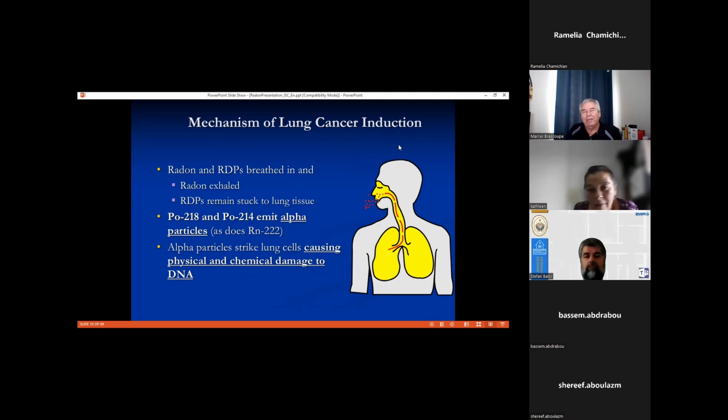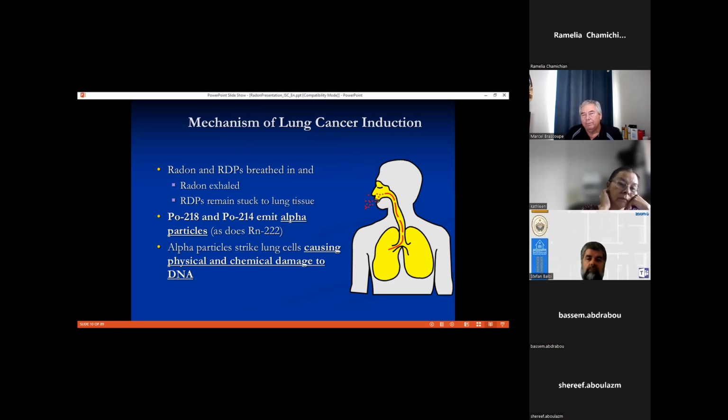So to simplify things here, essentially one of those alpha particles is in our lungs. We mentioned that radon changes to polonium, which is a metal, and that polonium is also radioactive. It will also release an alpha particle. So when the radon changes to polonium and we end up breathing that in too,